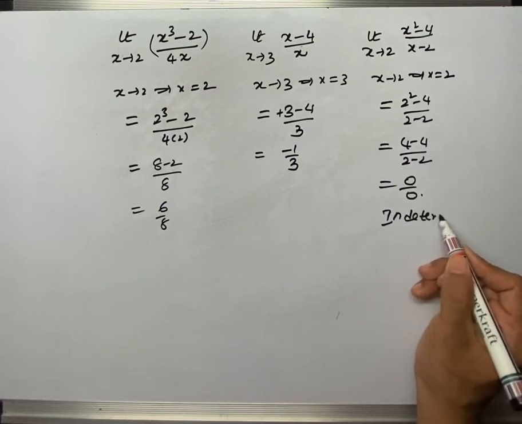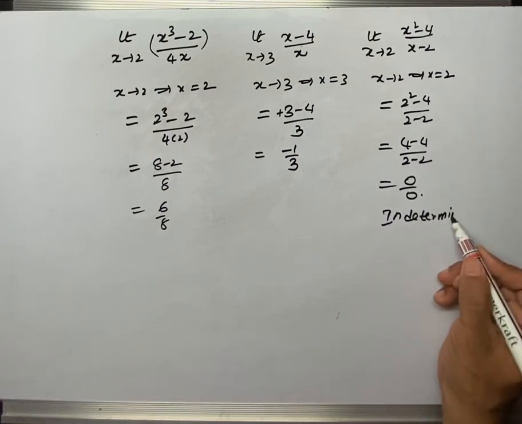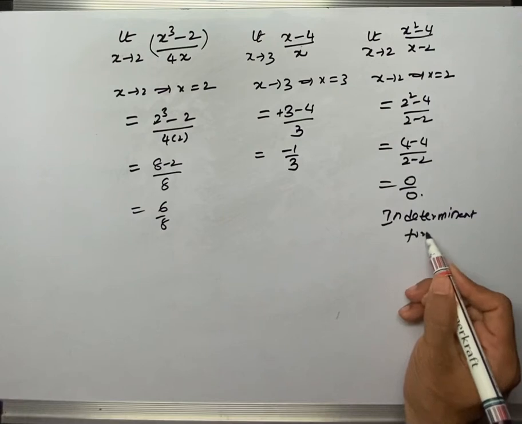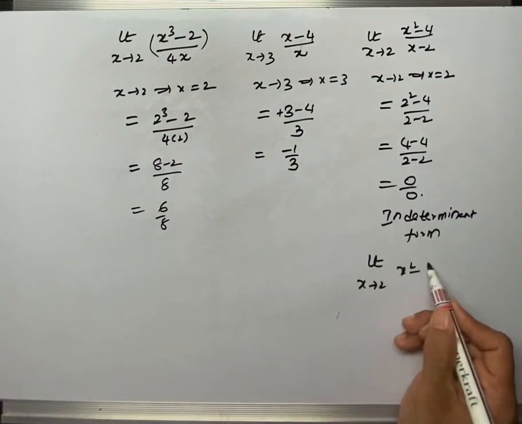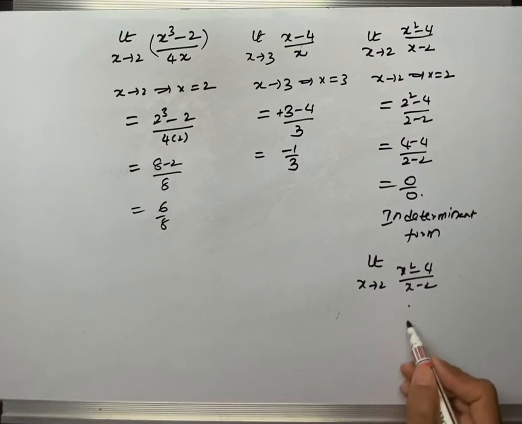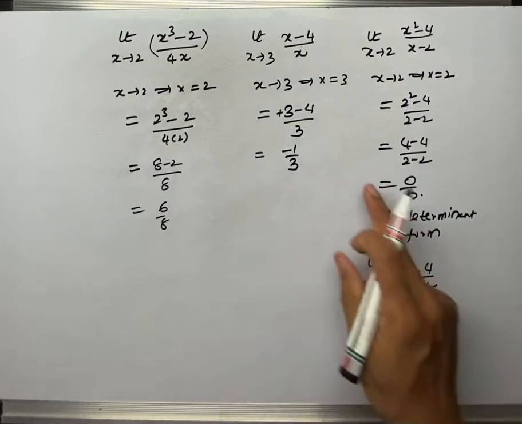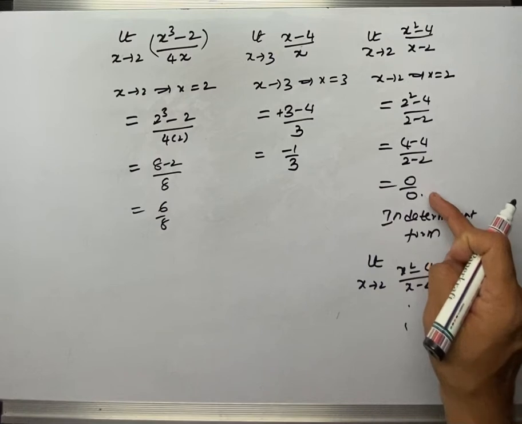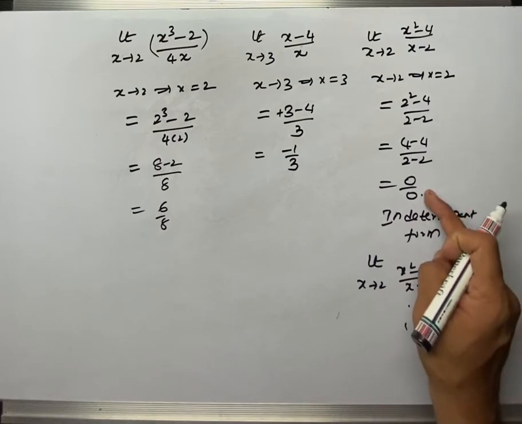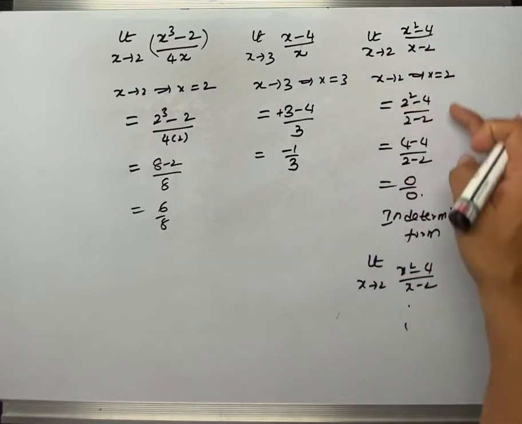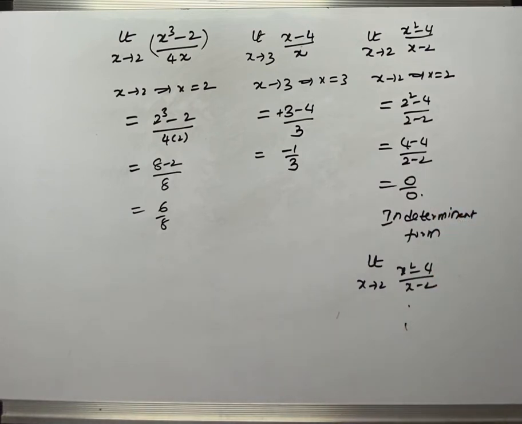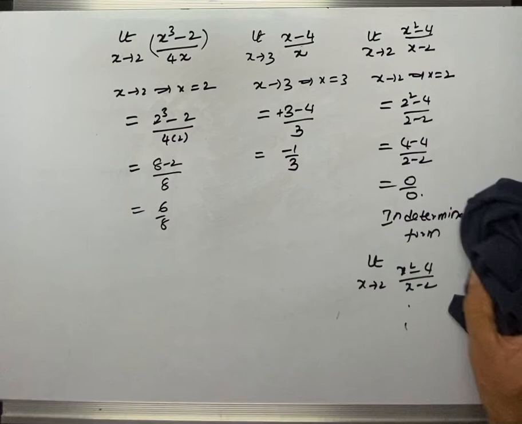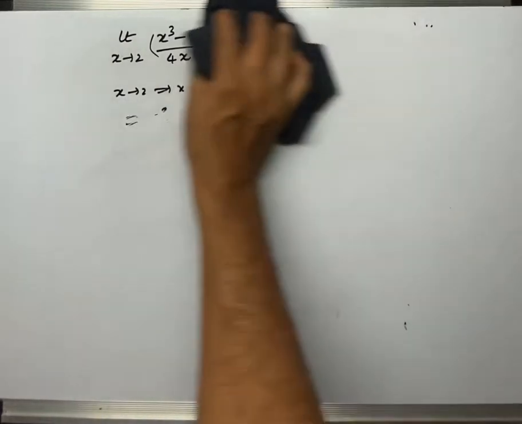Once you get this indeterminate form, we should write the question once again, and we have to follow a different method from here. That means in any limit, the answer should not be 0 by 0. If at the time of direct substitution we find 0 by 0, we will use a different method. What is the different method? We will find out now. Check this.